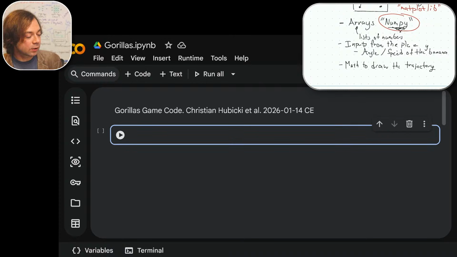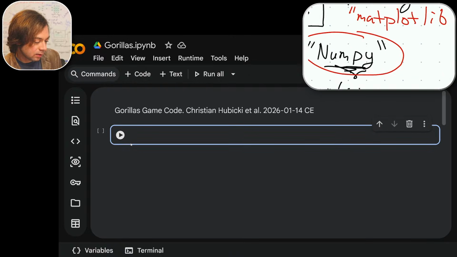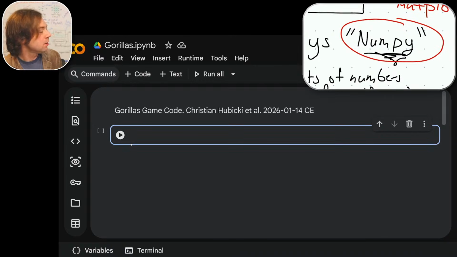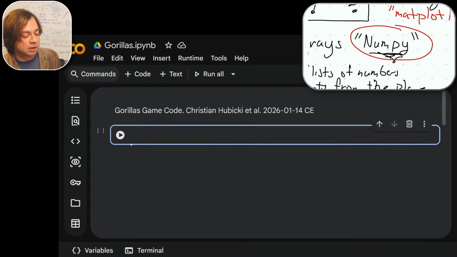So we're going to create the Gorillas game. One thing we're going to need to be able to do, as we talked about up here, is we have to be able to plot, and we have to do these arrays of numbers. So we're going to start with these arrays of numbers. That's important. So we're going to tell Python we need this thing called NumPy. And the way that you tell